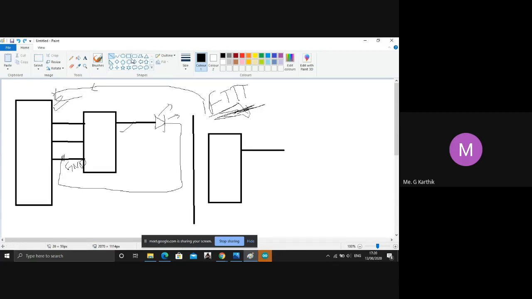We'll use an LDR circuit, and I'll tell you how to use an LDR circuit. And what we'll do is we'll take this LDR circuit's values and we'll post them in ThingSpeak.